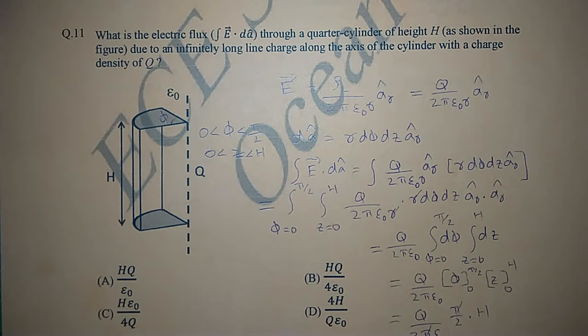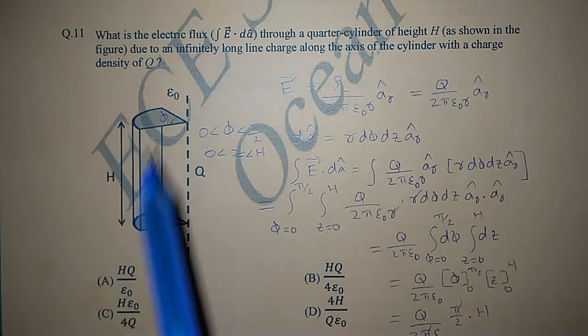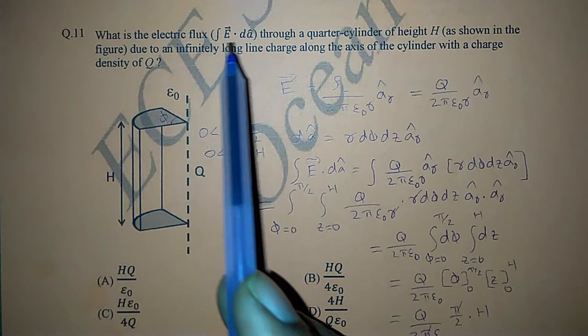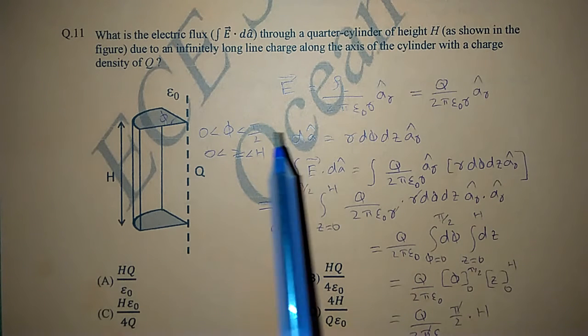This is the 11th question from the GATE 2019 ECE paper. In this question, an infinite length line charge is given, arranged along the z-axis, and they are asking for the electric flux through a quarter cylinder. For that, the formula is integral E bar dot dA cap, where E bar is